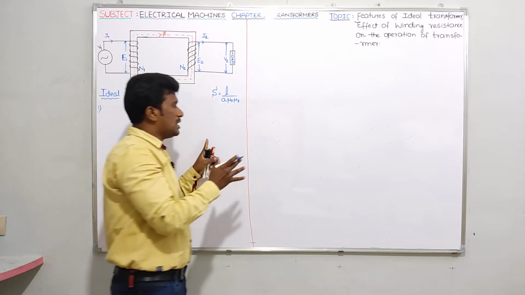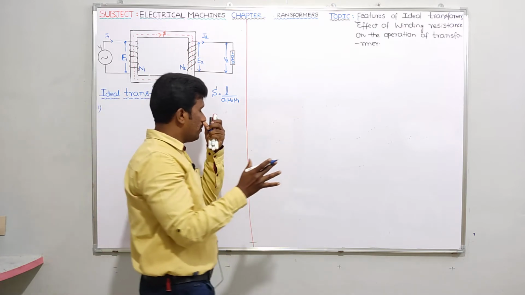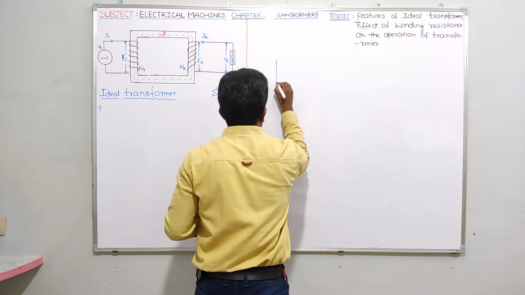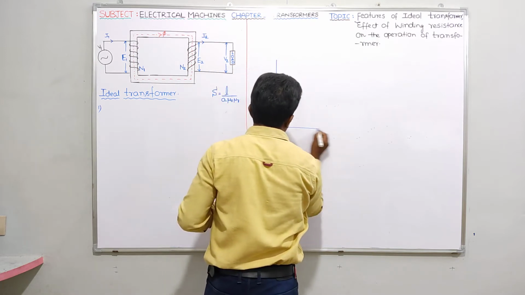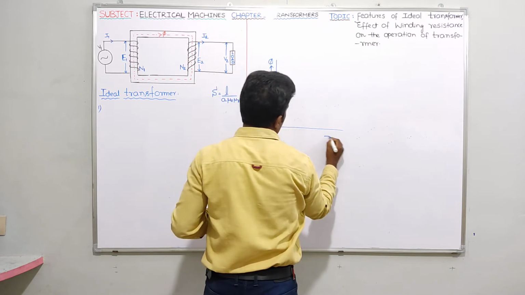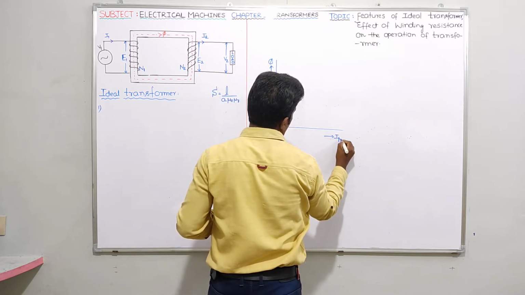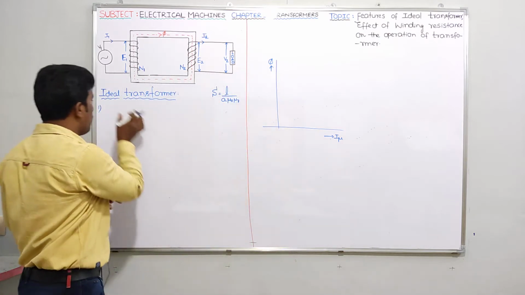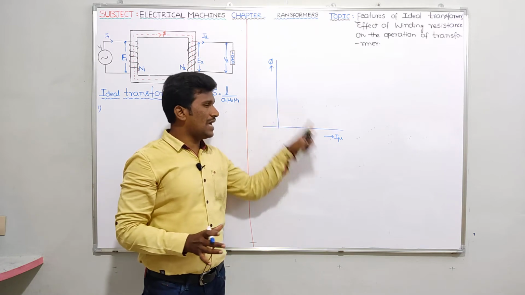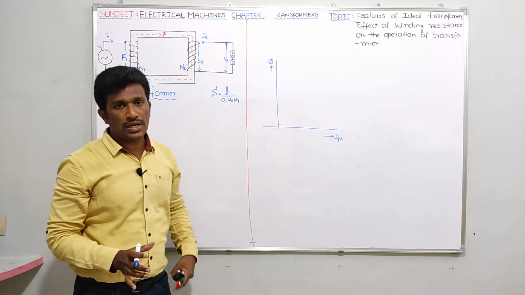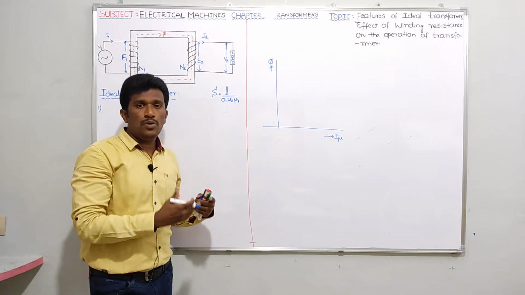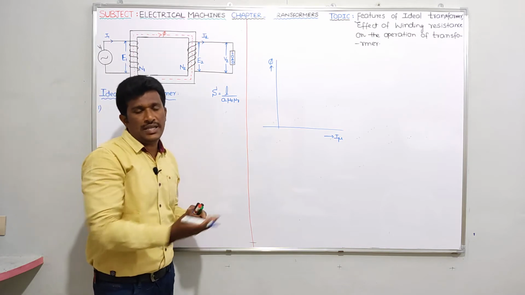See, if you want me to make you understand, let me take one graph. This is phi versus I graph, which we'll discuss later. But for writing one point, I had taken this graph. It's a graph between phi versus I mu, or I can say BH curve also, you can call it as BH curve. Okay. So let me draw phi versus I mu graph for different type of materials.